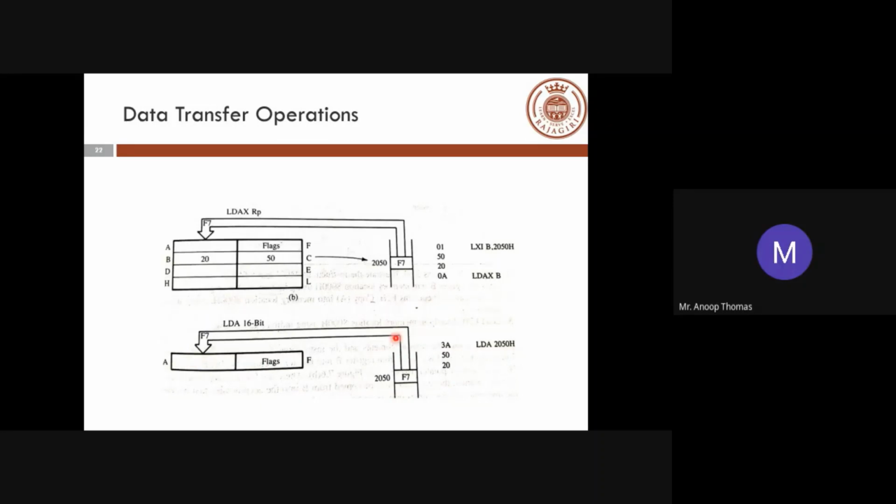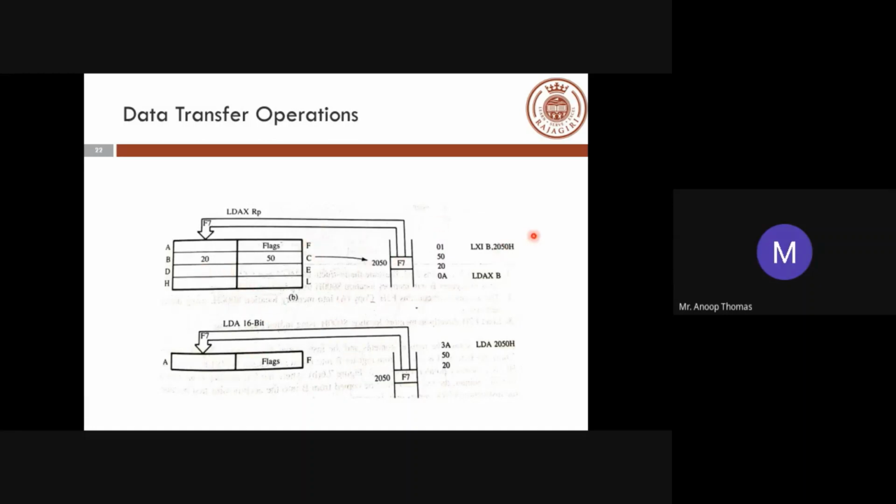So here LDAX basically means that your register pair B is being used: you first load your B with this particular address, and from that particular address, it is loaded into this. Instead of this whole setup of 2 instructions, you can use a much simpler instruction called LDA 2050, which does the same thing, where from the 2050 address, that F7 is loaded. But there are different times when you require both these kinds of instructions.